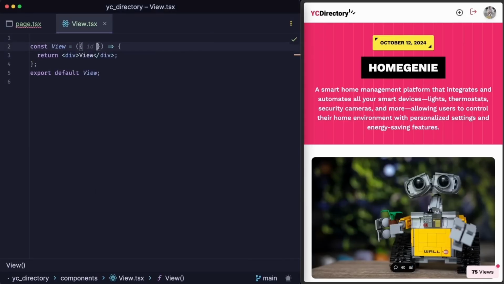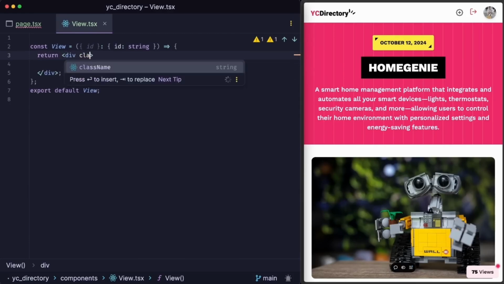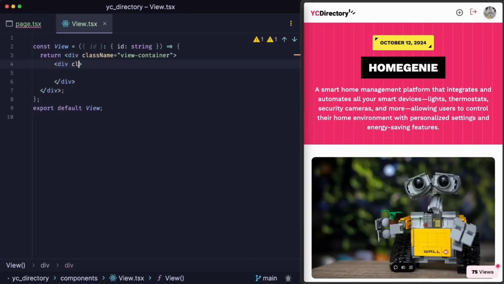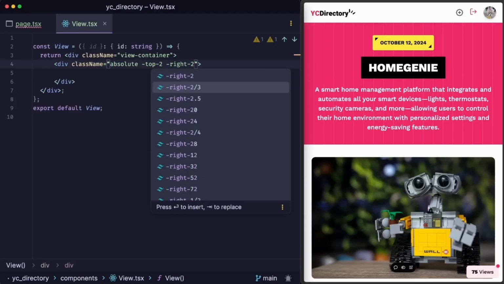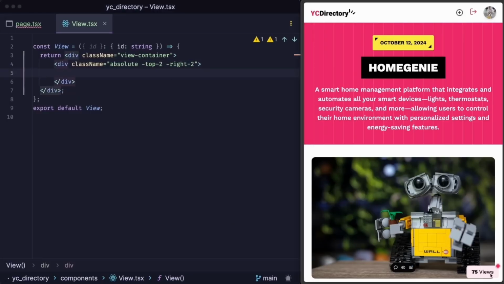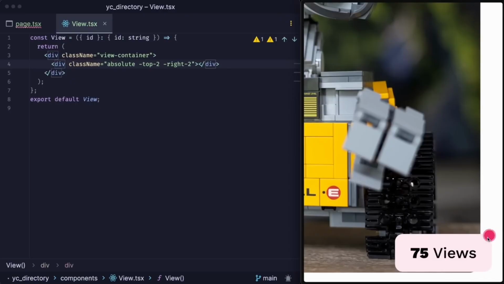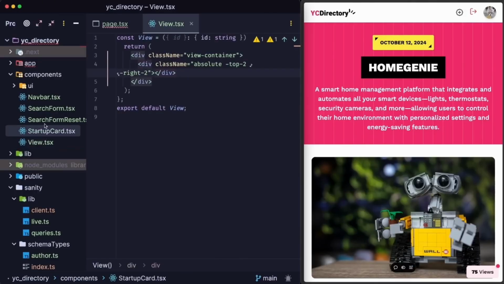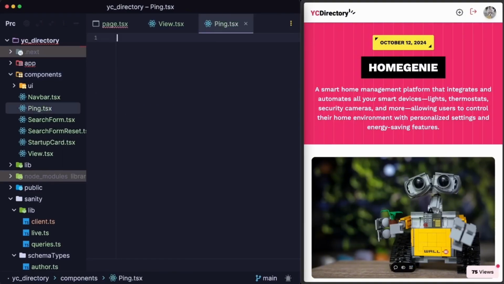We can first destructure the id from props and say that it's id of type string. Then we can return a div with a className equal to view-container, within which we can render a div that'll have a className of absolute -top-2 and -right-2. Can you guess what will go into this container? Well, it'll be that little ping that you can see right here, this light, indicating to us that it is live. So to implement it, I'll actually create another component in the components folder, and I'll call it ping.tsx, run